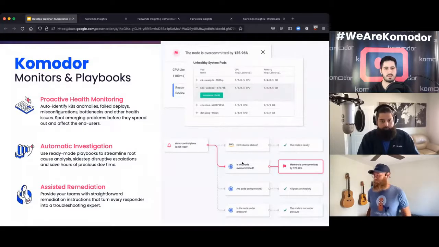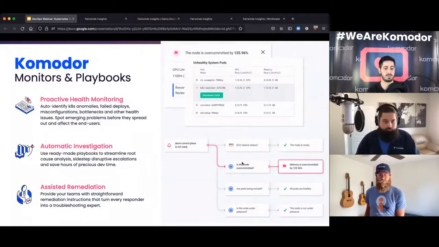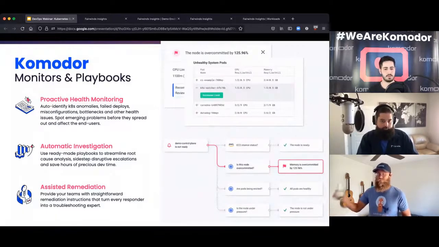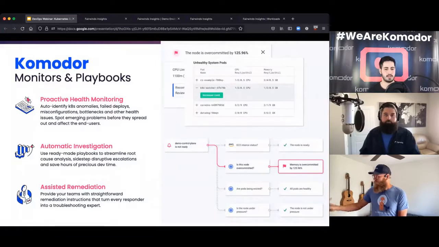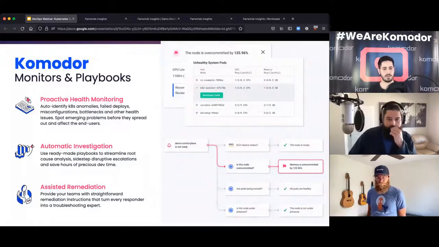Yeah, so I'll share some Komodor insights. As I said before, Komodor tries to help our users troubleshoot problems when they happen. And more than that, we like to discover the issues before our users discover them. This is the reason why we launched playbooks and monitors. Users can configure a monitor for their own needs. The monitor can be, for example, a node monitor that triggers every time your node becomes unhealthy or in some unknown state. And when your node becomes this state, it triggers an event to Komodor with a given threshold from the user.